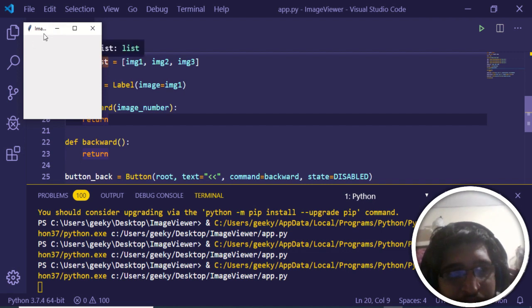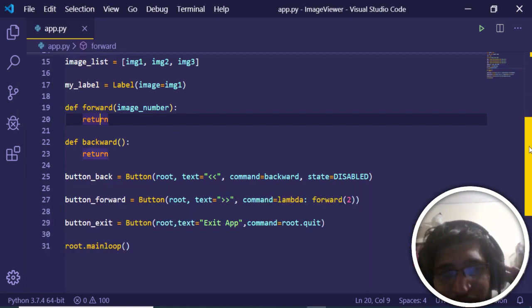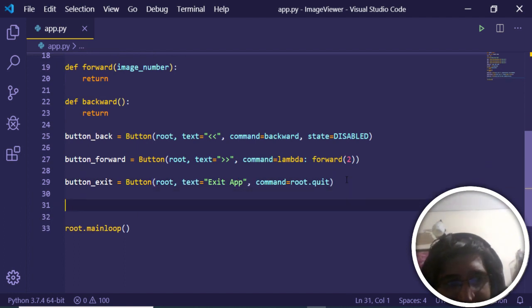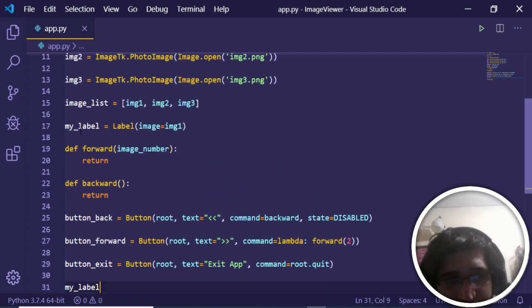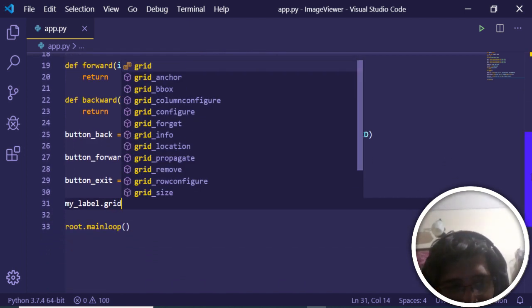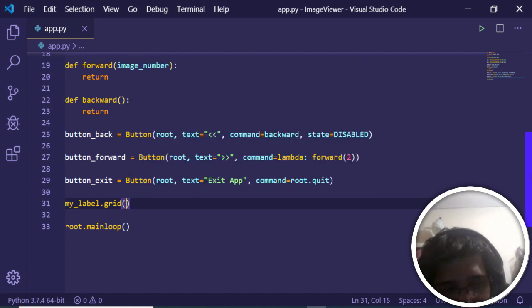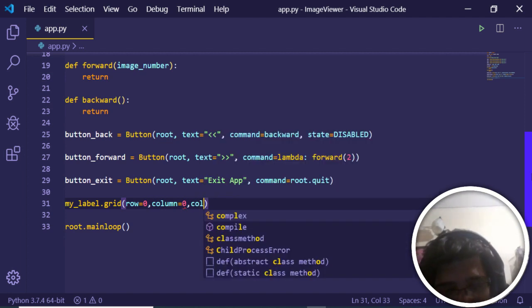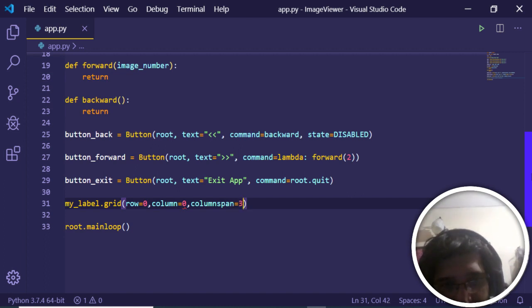as you can see the screen is empty because we haven't added these elements, these buttons and images. For adding them, we need to add them to the grid, to the application. Right here, after defining this, we will add those elements. I will be adding my label, which holds the image for us. For adding it, we will use the grid method. Inside this, we will define the row. Row is equal to 0. Column is equal to 0, and I will also define the property column span is equal to 3, and